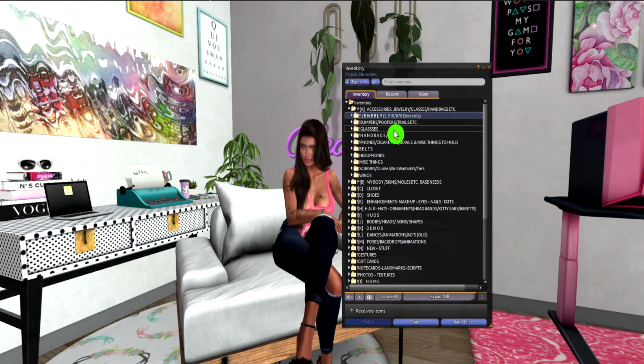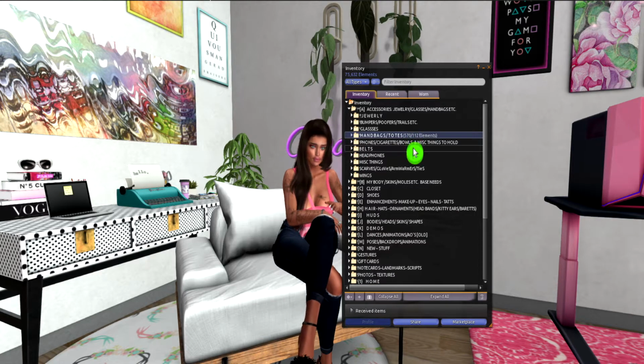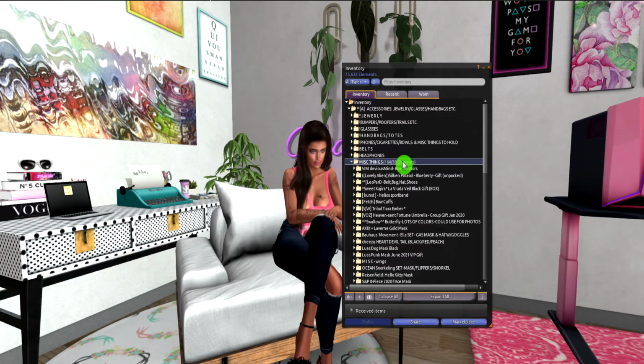I could just close that. And then I have my glasses, and I break that down to regular glasses and then sunglasses. And then I have my handbags or totes. It's a mess. I do have to organize that. Then I have my phones, cigarettes, stuff that I hold with my avatar outfit, belts, headphones, miscellaneous things,